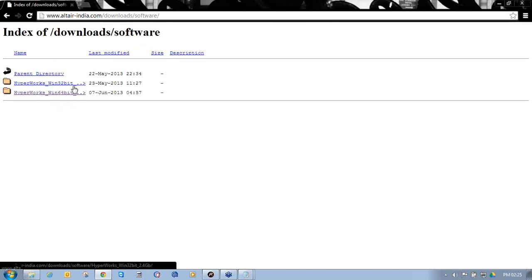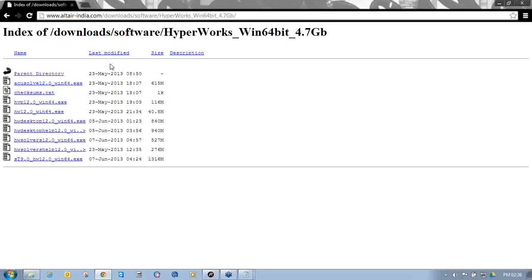One is for 32-bit operating system, and the other set of files is for 64-bit operating system. As I have a 64-bit operating system, I will click on HyperWorks Windows Win 64-bit. It will open all the required setups for 64-bit operating system.